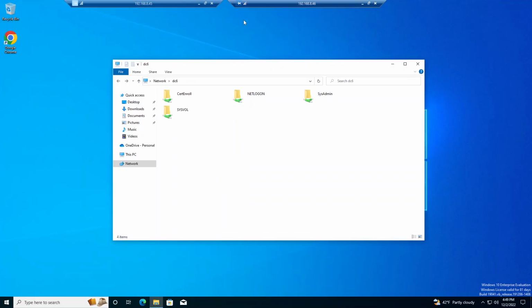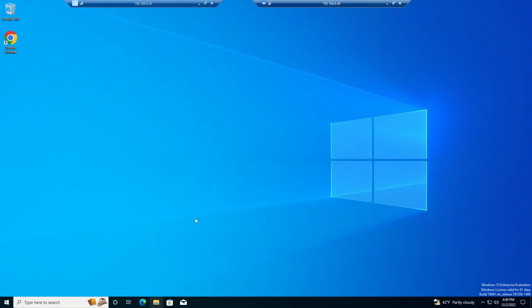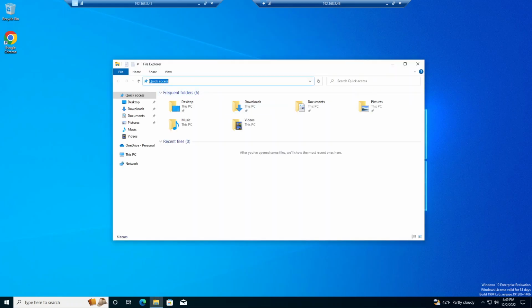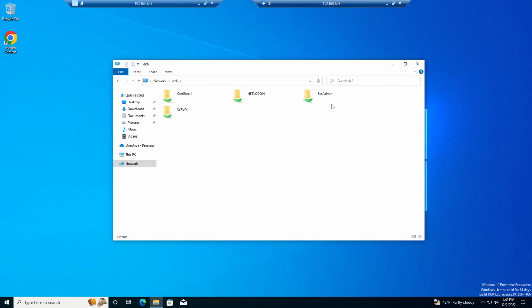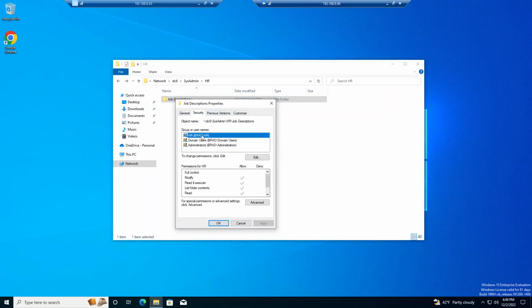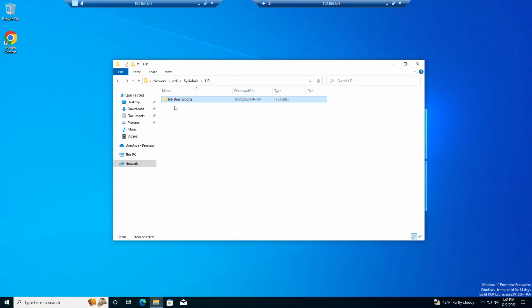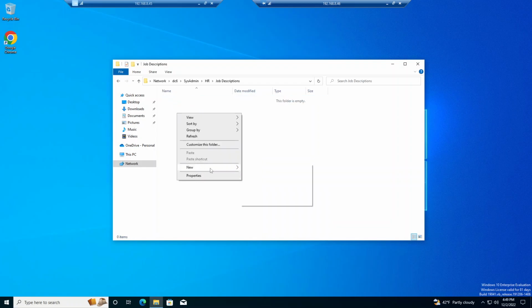So this is our Windows 10 machine that's on the domain. Click out of this, go to the File Explorer. You see sysadmin, HR, and then job descriptions, which we can all get into because Jake is a part of the HR folder. Now, new folder. Actually, no, we're going to go into job descriptions and we're going to make something called,